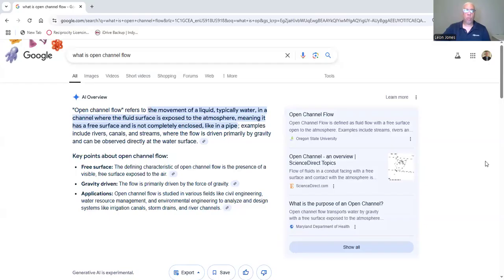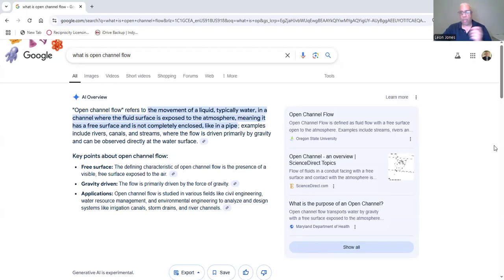But when we deal with open channel, well, what is open channel? We're talking about the flow. Open channel flow refers to the movement of a liquid, typically water, in a channel where the fluid surface is exposed to the atmosphere, meaning it has a free surface and it is not completely enclosed like a pipe. Examples include rivers, canals, streams, where the flow is driven primarily by gravity and it can be observed directly at